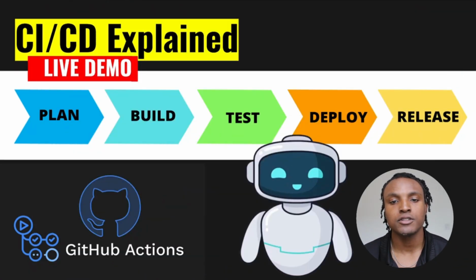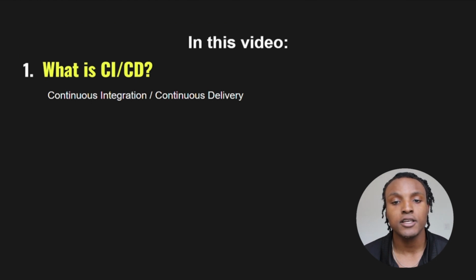CI/CD, or continuous integration, continuous deployment, is a widely used engineering process. It's important to understand because it helps engineers build faster and more efficiently. In this video, I am going to be explaining what exactly CI/CD is in software development, along with its benefits